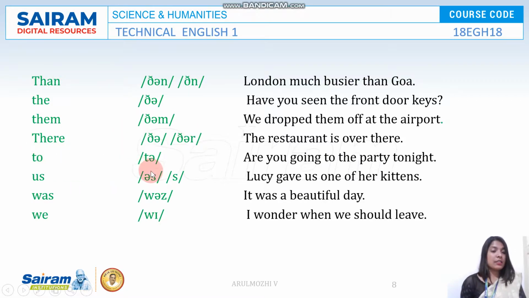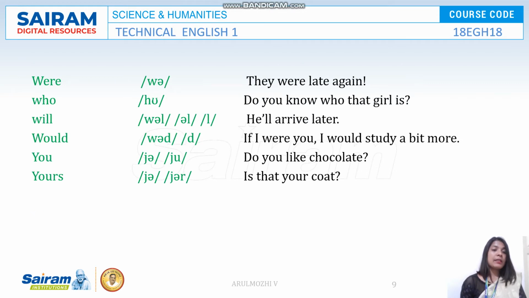To becomes weak t. I have given it to him. To him. Not to him, to him. Us becomes weak us. Was becomes weak was. We becomes just we. And where becomes weak where. Who becomes weak who. Will becomes 'll. Would becomes